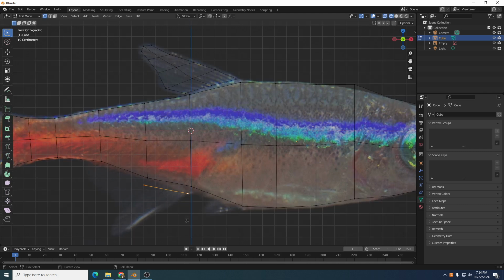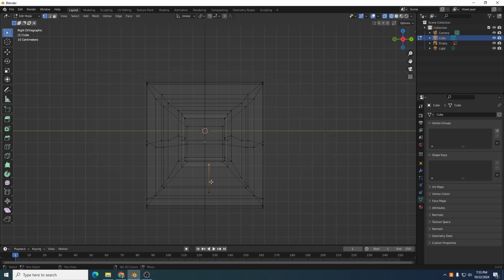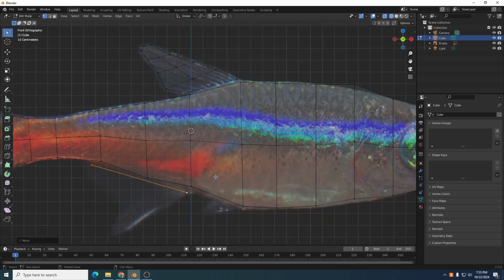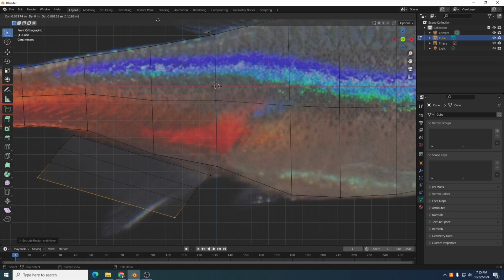But same process again. I'm going to go ahead and drag this one way out over here. That one goes right there. So I got my two vertices, and I'm going to make sure that they're centered from the front view too. So there's the front view. So I'll grab those two, G to move, get them centered from the front view. There we go. Okay, so with both of those selected, E to extrude, E to extrude, E to extrude,